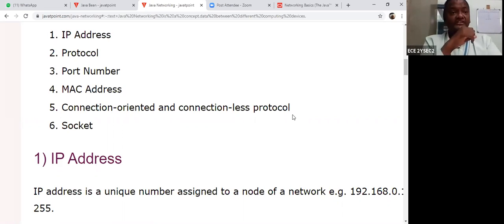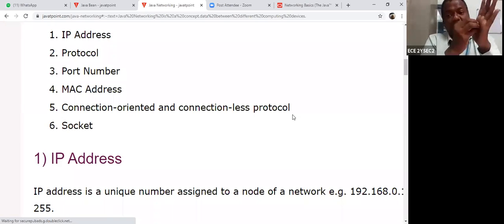Okay, right. Socket. What is a socket? Suppose you are using a computer network. Your laptop or your computer is connected to that socket.